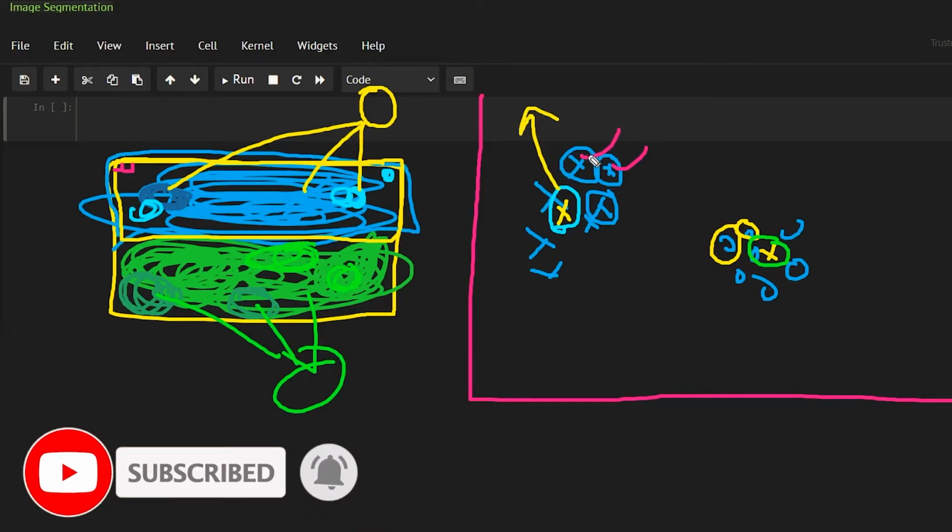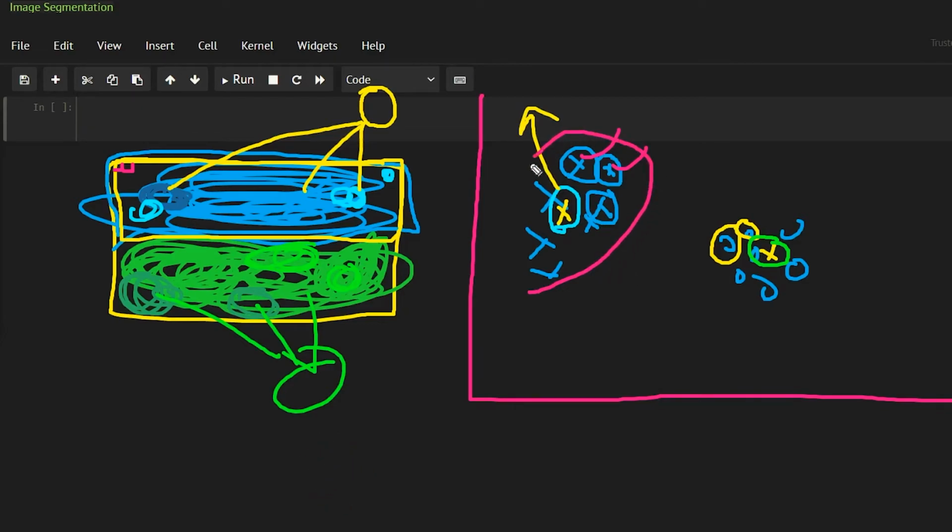If these points belong to this center or this cluster, then we are going to replace this point with this color. Similarly, we are going to do this with this, with this, and all of the pixels in this part. If the pixel here belongs to this cluster, we are going to replace it with the center of this cluster, the average color. So this is how we are going to find the segmentation.